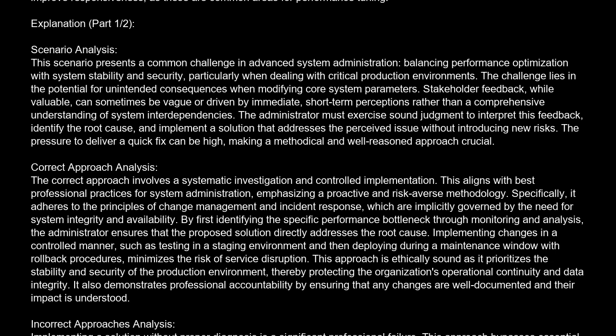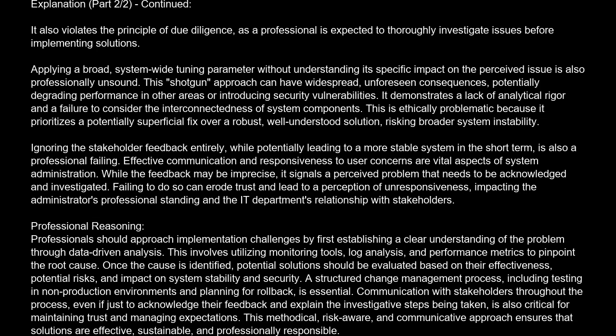Incorrect approaches analysis. Implementing a solution without proper diagnosis is a significant professional failure. This approach bypasses essential troubleshooting steps, leading to potential misdiagnosis and the application of ineffective or even detrimental changes. Ethically, this is irresponsible as it risks destabilizing the production environment and impacting users without a clear understanding of the problem. It also violates the principle of due diligence, as a professional is expected to thoroughly investigate issues before implementing